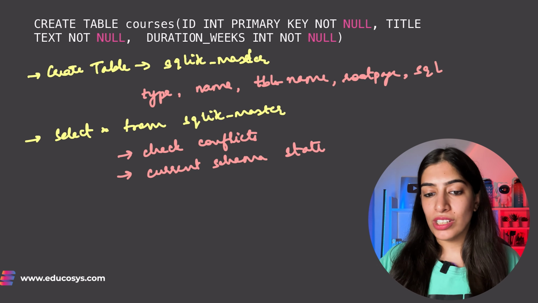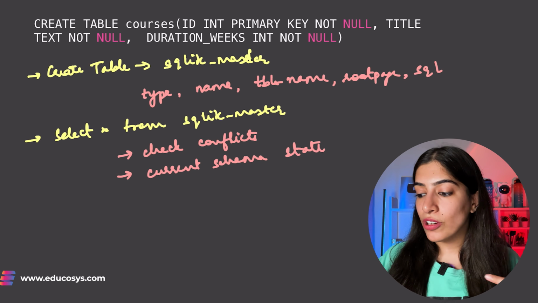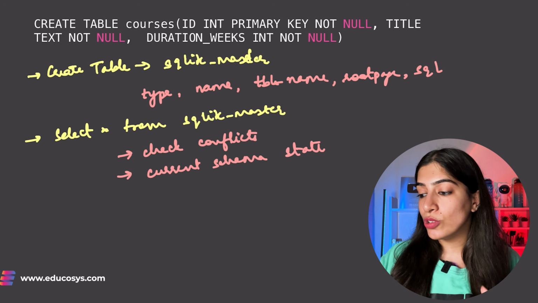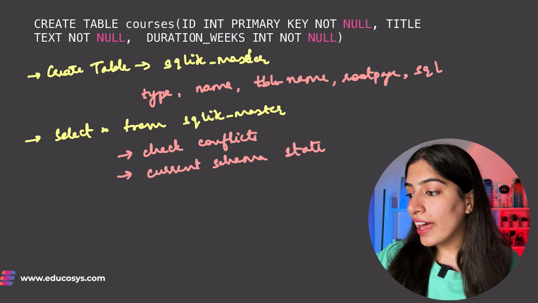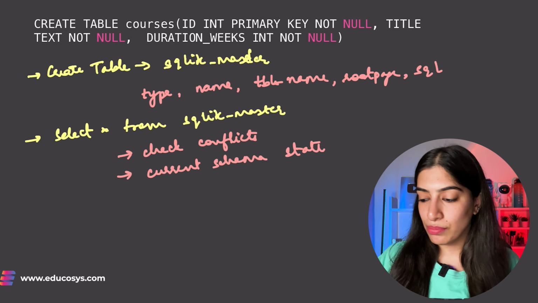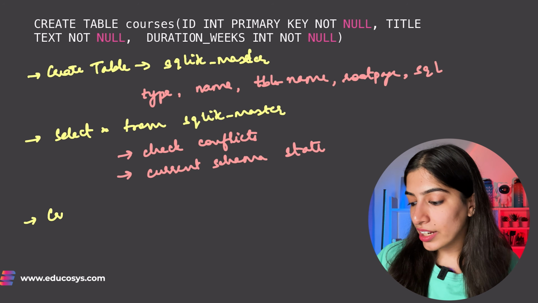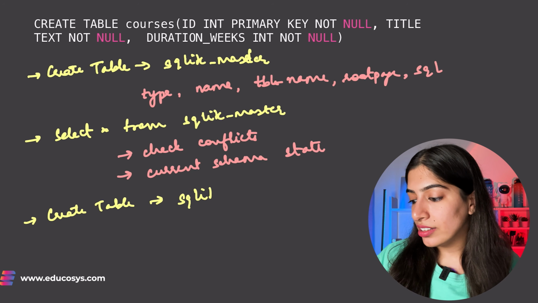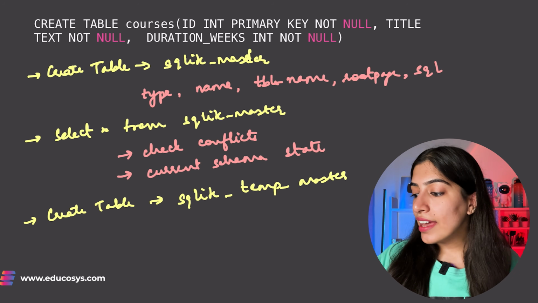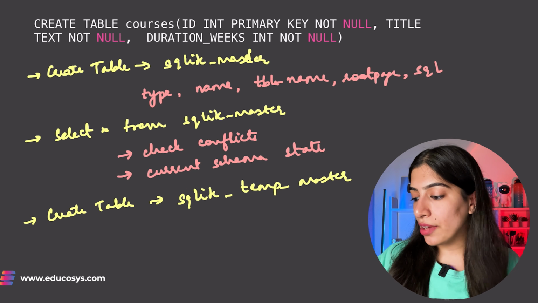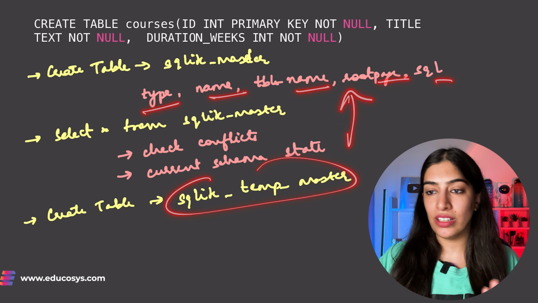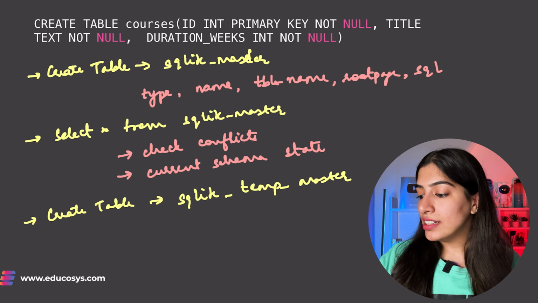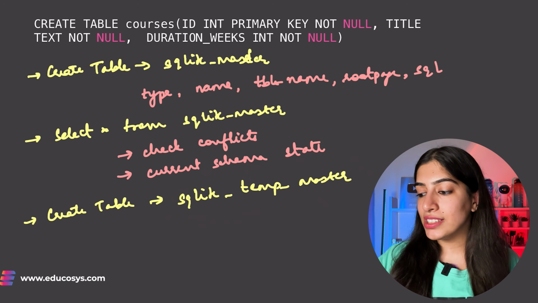After this, we did one more create table. Why? Because we are creating a new schema itself. So that is why we are creating a temporary object, and for that we need the temp table. So now we did create table for the SQLite temp master, and the schema of SQLite temp master is exactly the same as this: type, name, table name, root page and SQL. So the schema is exactly the same, just that this table is for temporary objects and this table is for